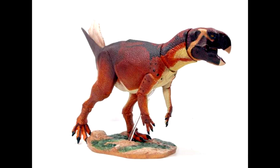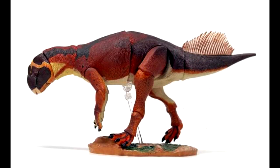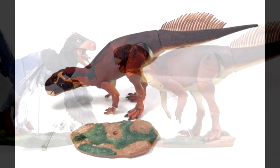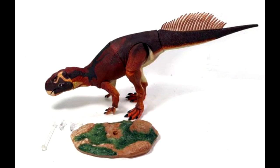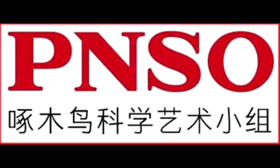and the overall appearance and quality of his releases really says a lot for him, and I think it was a great choice on his part to hurry up and create a base for the figure, and definitely something that I am appreciative of. I'll probably still display mine in a quadrupedal position, but it is nice to have the option of the bipedal position as well. And thanks to Paleo Nerd on Facebook, we have a sneak peek of an upcoming PNSO figure,